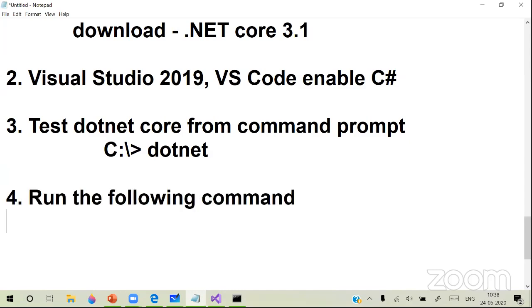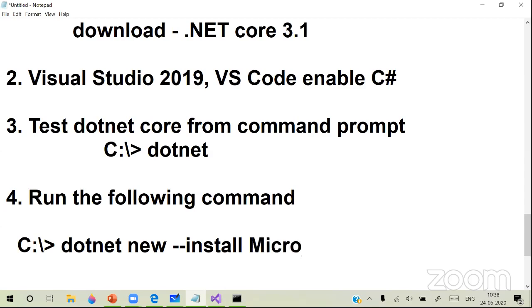Open your command prompt, or you can do that from your package manager tool also. Just open the command prompt and type dotnet new --install Microsoft.AspNetCore